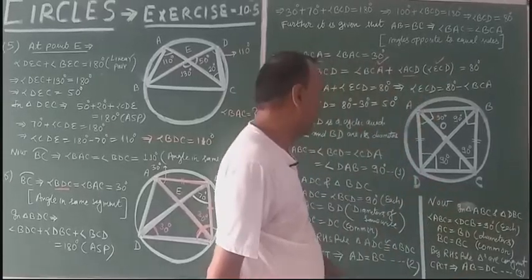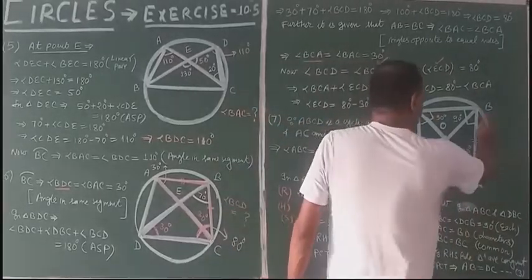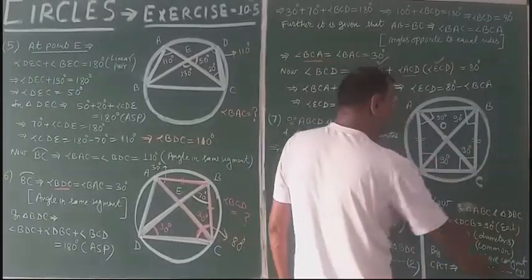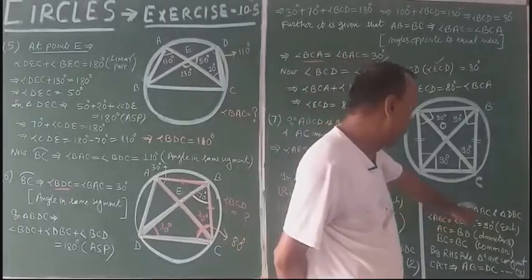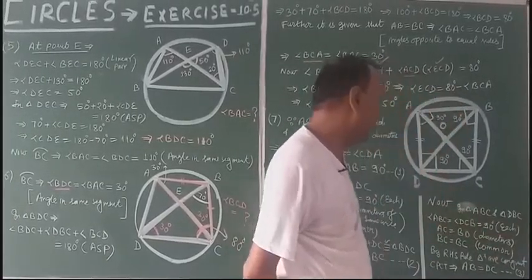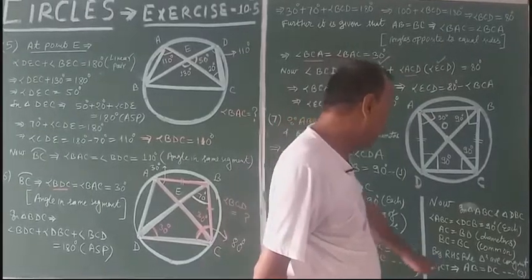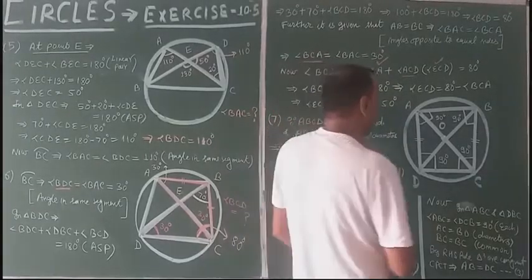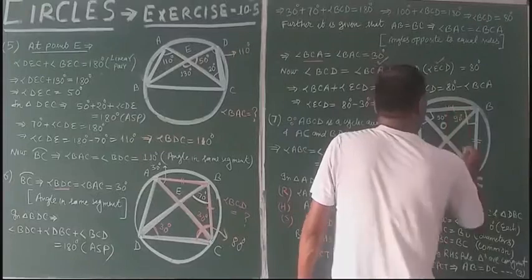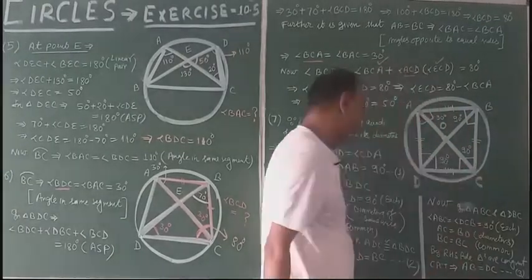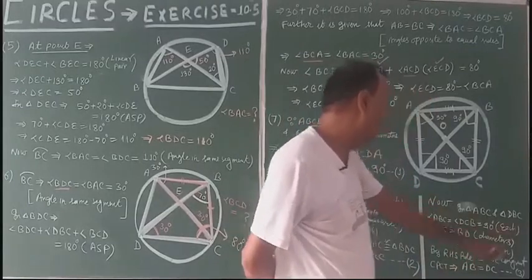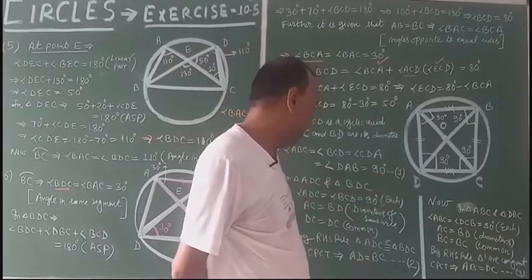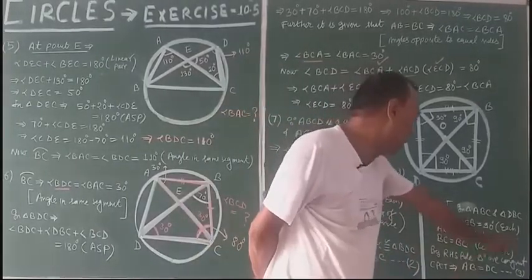They are the diameters. And just look at this side. This BC is common in both the triangles. So BC is equal to BC, common side. So by RHS rule, these two triangles are congruent. Then CPCT will say that AB is equal to DC. This AB is equal to DC. This is equation number 3. Now, from equations 1, 2 and 3, what is there?